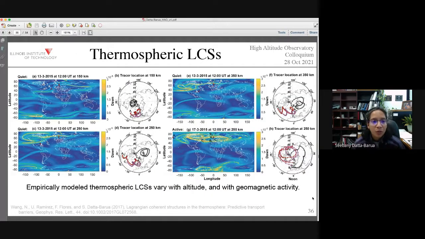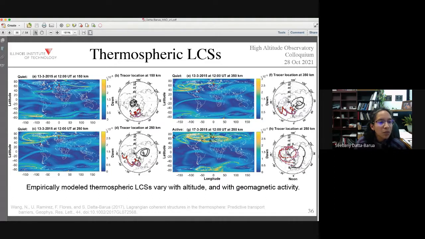Moving on to the thermosphere. So the neutral atmosphere from, say, 100 kilometers and up or so. In the thermosphere, we used an empirical model when we were first starting out, and we were sort of looking at different layers